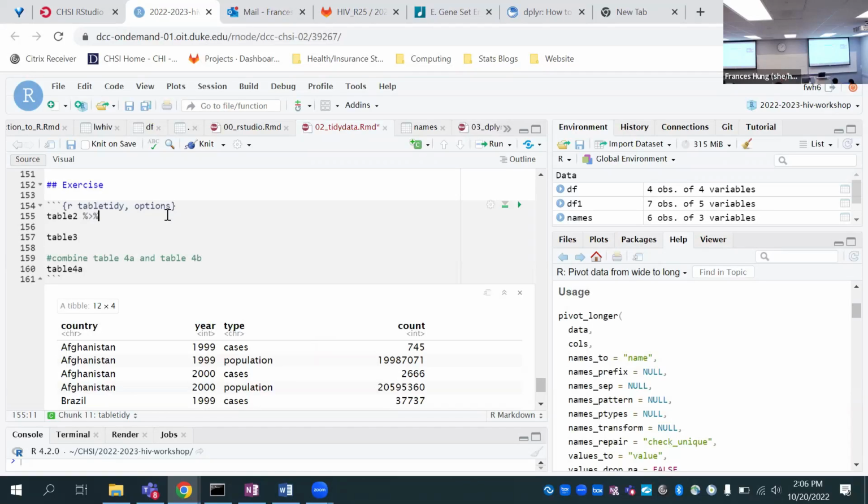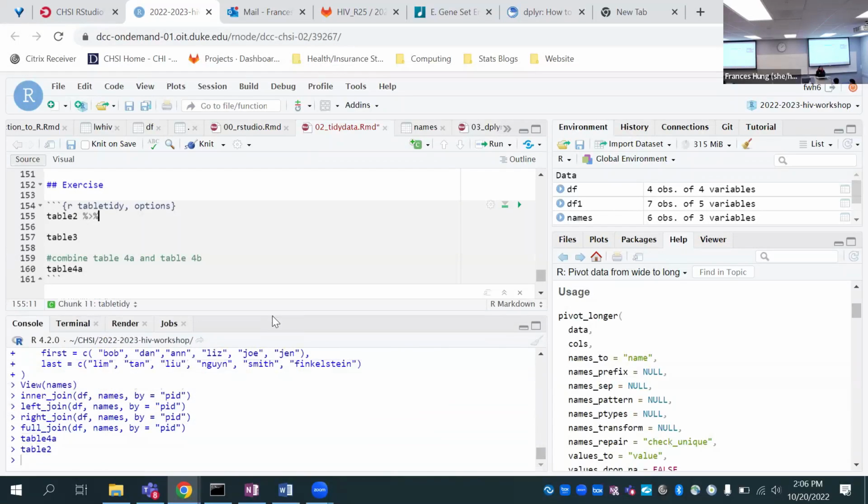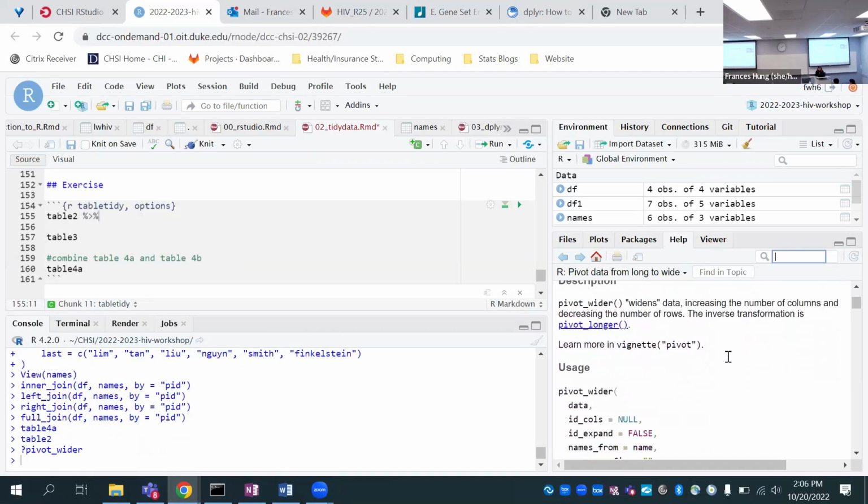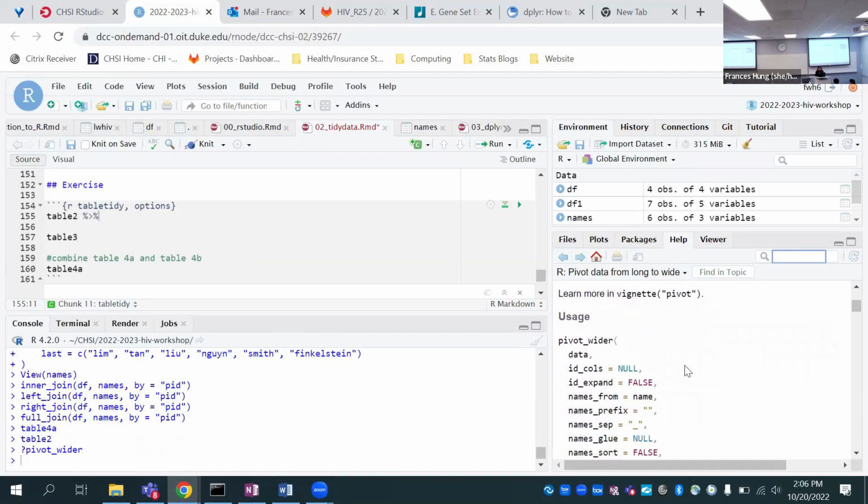As a hint for table 2, try looking up pivot wider. It's the opposite of pivot longer. It could be confusing, but it's better than gathering.